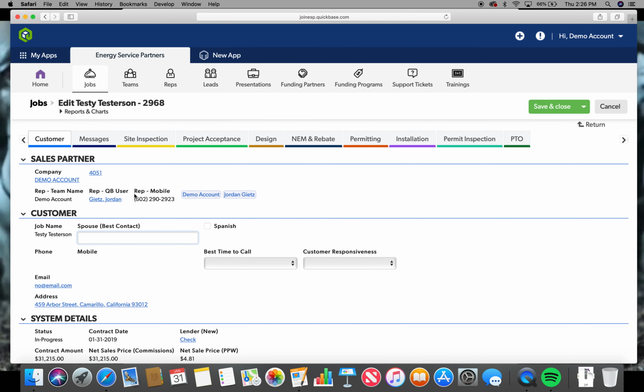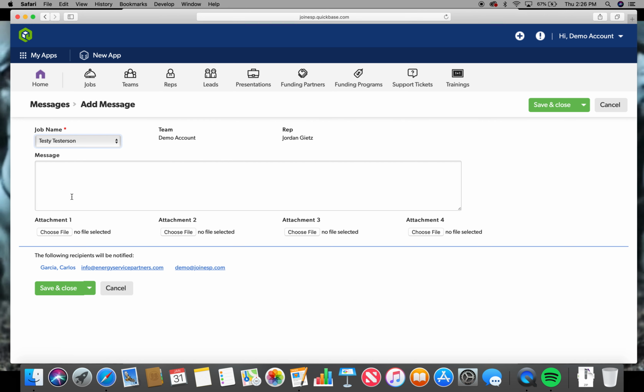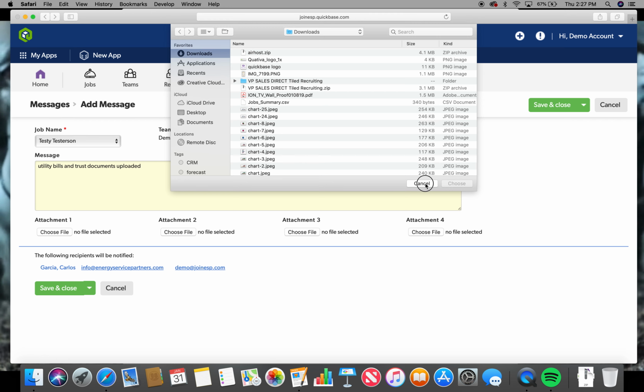If you find that you're missing a utility bill, or you're missing an NEM agreement that's not signed for whatever reason, or a trust document that's not signed, in the Messages tab, once it's a job, you click on Add Message, and inside of here you can upload whatever you want. So if I wanted to upload utility bills and trust documents, I'd then choose a file here, and it would give me a chance to pick up all these different things and load them